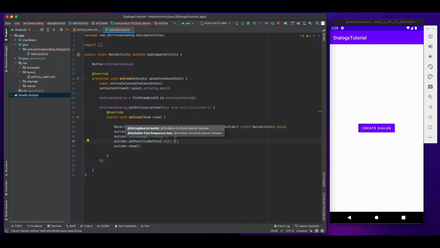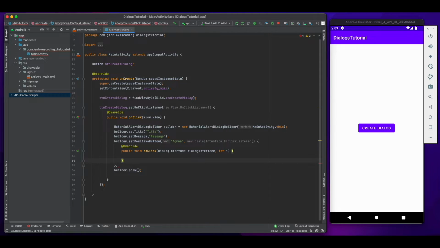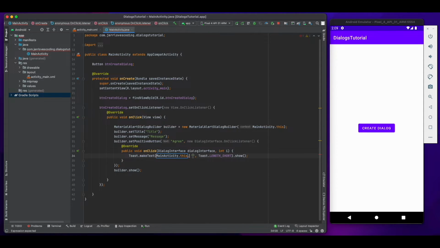One is, let's give this agree, and this will have a new dialog interface on click listener, and I'm just gonna give a toast right here saying main activity dot this, user agreed to something,